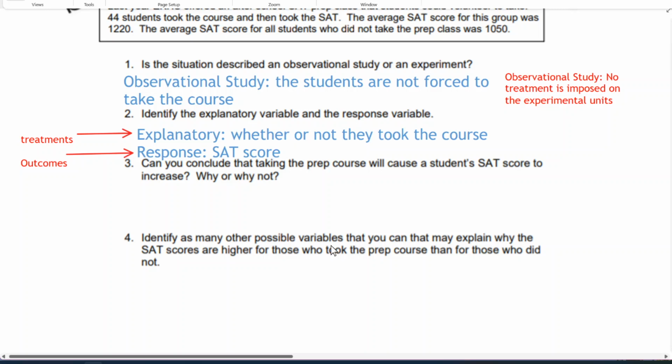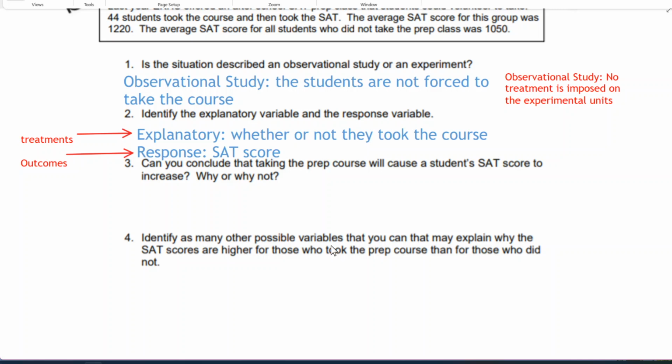Moving on, question 3. Can you conclude that taking the prep course will cause a student's SAT score to increase? Now, it may not seem like it, but that's very strong wording. The wording here, will cause an SAT score to increase, is a cause and effect relationship. That means that under every case or almost every case, if a student takes the SAT class, their SAT score will go up. So that may or may not be the case,